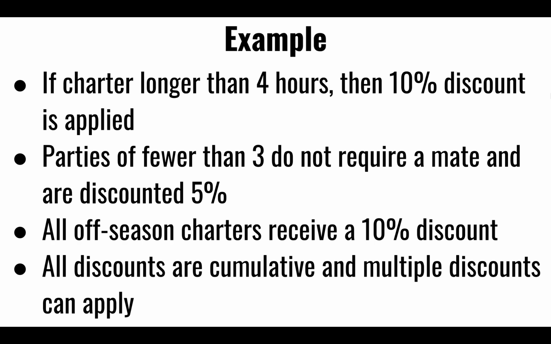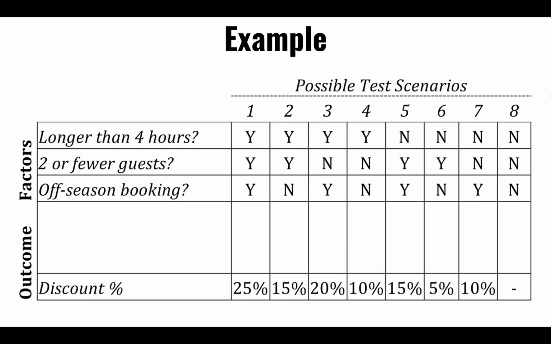So you could be off season and less than 3 and for more than 4 hours, right? So you would cumulatively say 10 plus 5 plus 10, you get a total of 25% discount, right? So your algorithm would need to take into account all these different rules to come up with a final discount. Now, the easiest way to represent this is through a table where you can, at each row, list all these